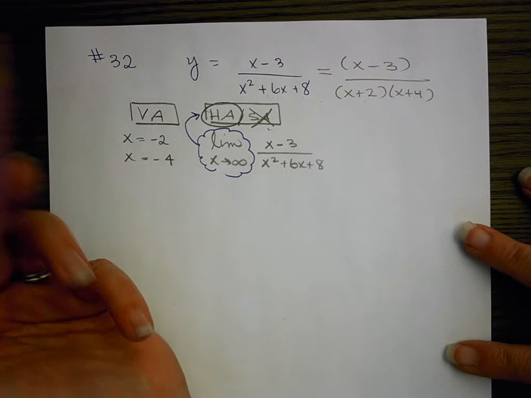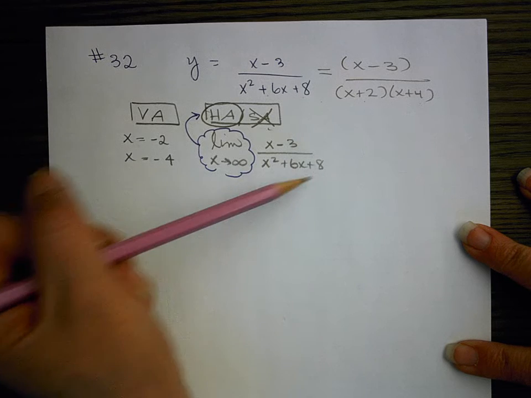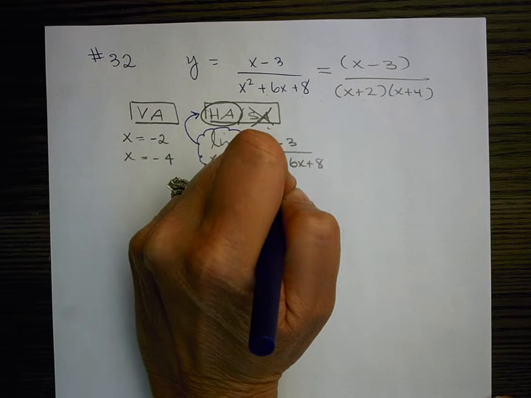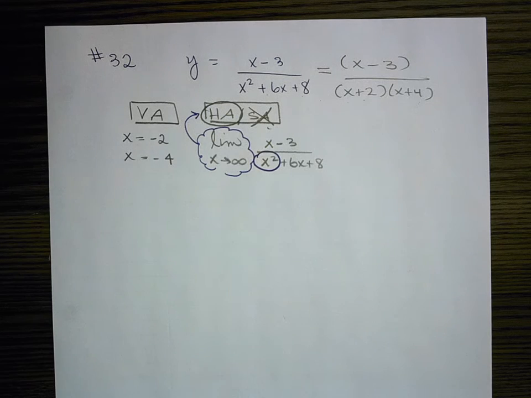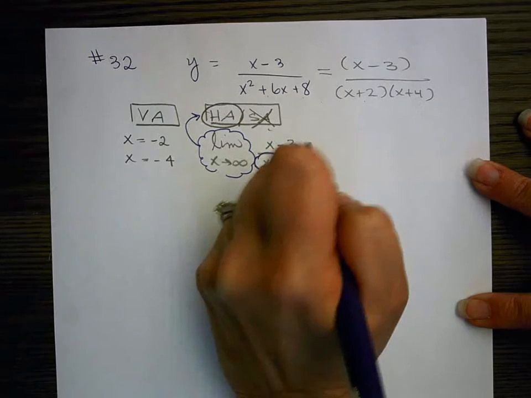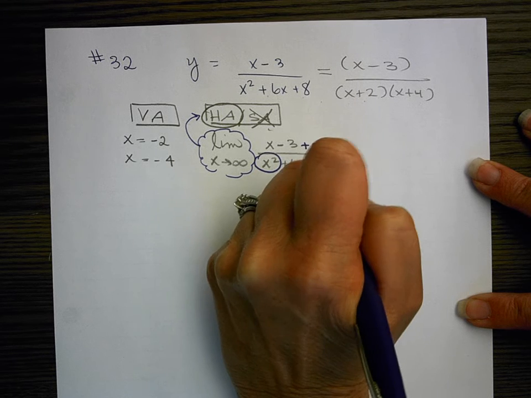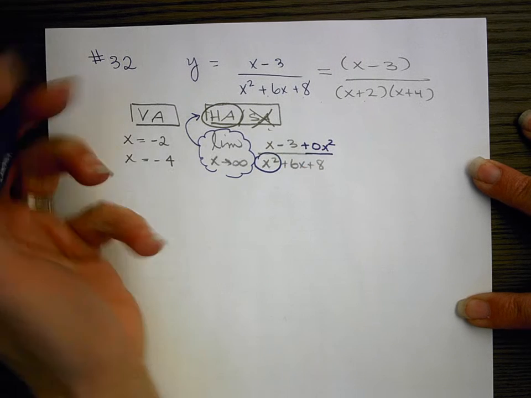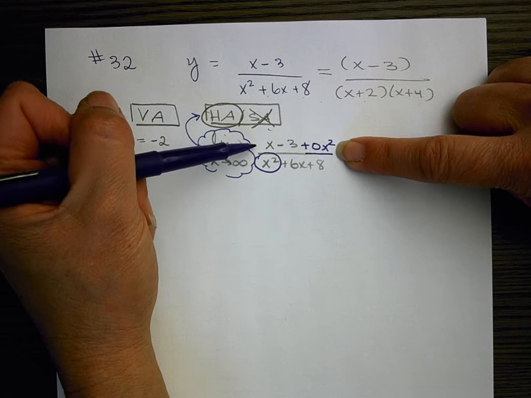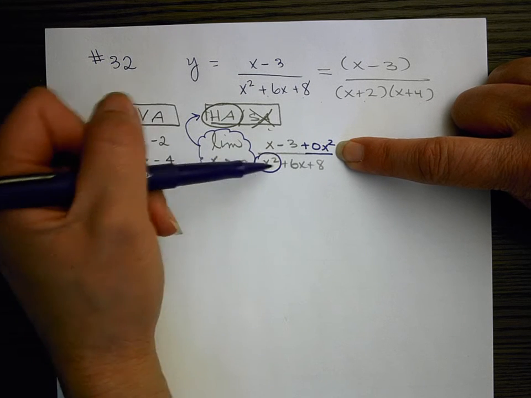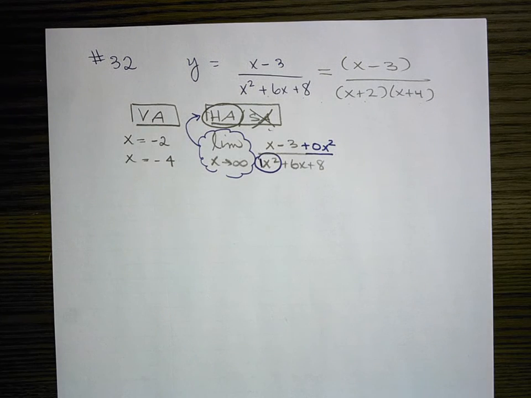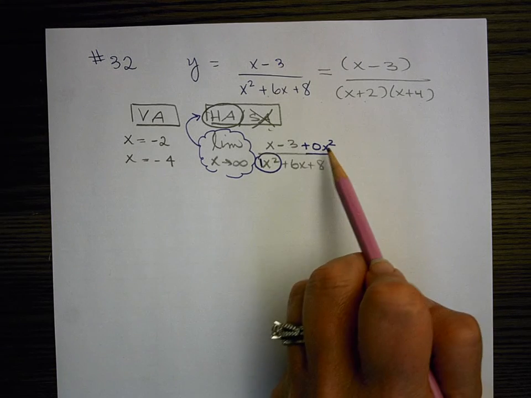So when I look here, this is bottom heavy, right? There's an x squared here. So I'm going to take a look at that x squared. And then there's not an x squared on the top, but I can always add in a 0 x squared. I'm just going to add it to the end because I'm kind of crowded. Normally I'd put it up front. I can always add a 0 x squared because that doesn't change anything, and that's just to get the degrees to be equal. So there's a 1 in front of here. So then when I take that limit to infinity, it would just be 0 divided by 1,